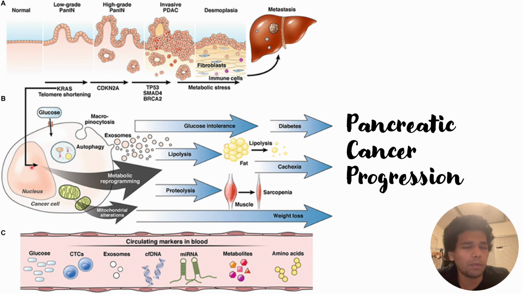progression. So what happens in this KRAS pathway is that different kinds of signaling pathways get triggered. For example, glucose intolerance, high lipolysis and proteolysis get triggered, and that might lead to problems such as diabetes, cachexia, and muscle loss, that is, sarcopenia. These problems start to occur whenever there is a degradation in the pancreatic function observed